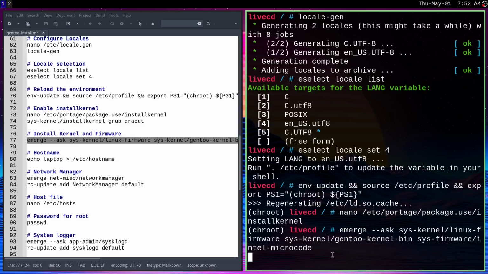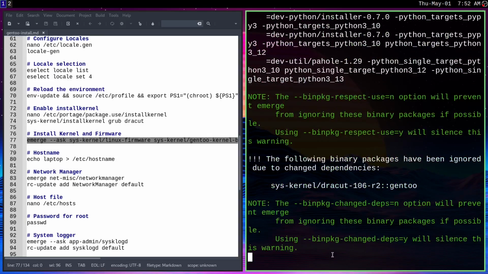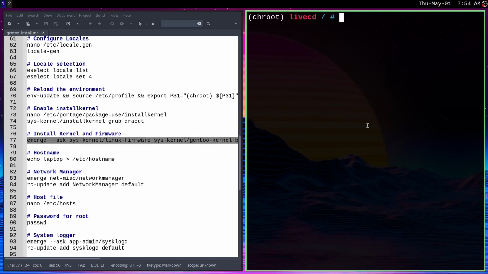If not, it'll do it whenever we do grub and all that kind of stuff. But it'll probably run Dracut to enable the initramfs and all that kind of stuff, so it'll boot correctly. I think I made a bit of a mistake. I needed to install, well, I don't have to do sudo, but emerge